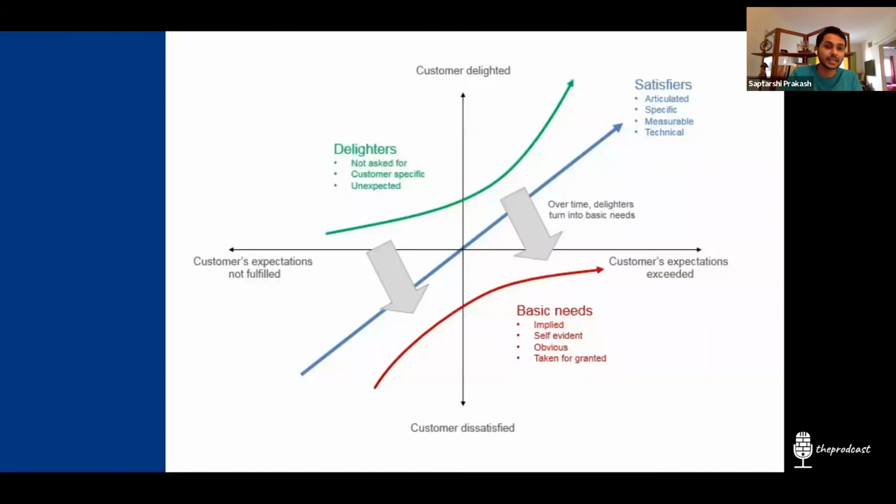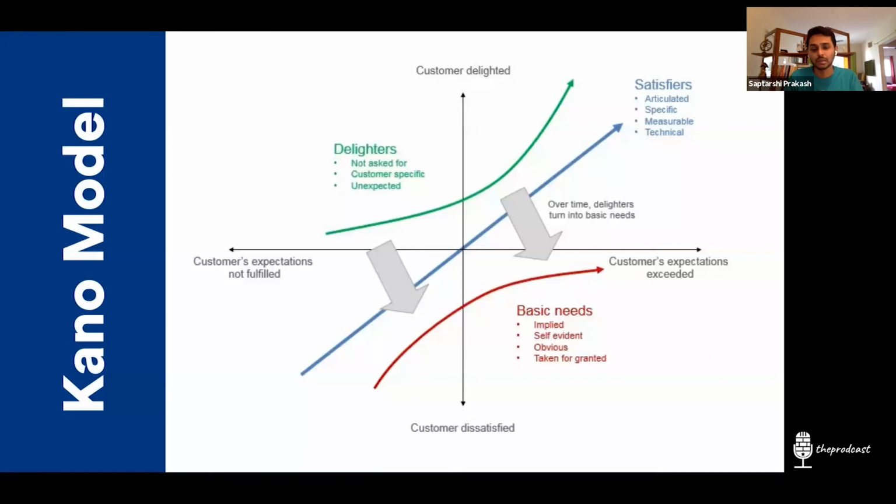There's a Japanese scientist who discovered this thing called the Kano model. I'm sure many of you have seen it. This is probably the most complicated bit in my entire slide. So this says that there are certain things which are the basic expectations of the customers, then which satisfies you, right? Below all of these things are basic needs, because if the basic needs are not given, then you will never be satisfied. So once the basic needs are given, a little over that, that is the standard thing, satisfier. Anything above that are delighters, which just makes them happy, makes you happy.